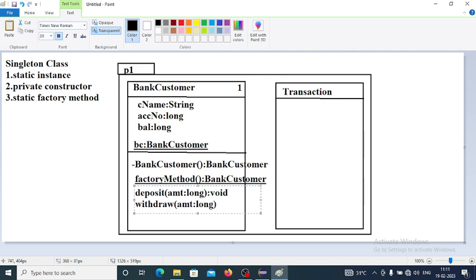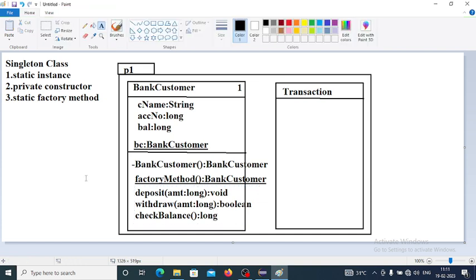as long. This method we can take as type boolean, so we want to know whether the withdraw is successful or failure. So the last method I want is to check the balance, and there is no argument, which returns only a long value because I want to check the balance. So these are the additional methods I have added to the singleton class, and these members we want